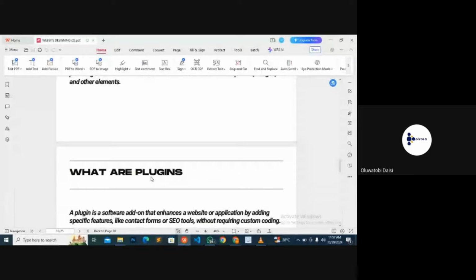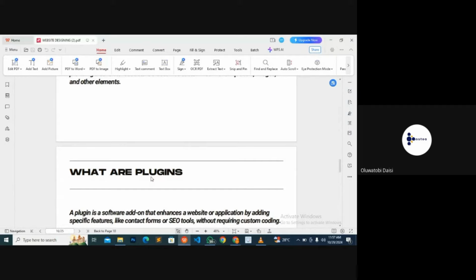We've spoken about having a space in the server. How do we buy our hosting? Immediately we get that done, we'll move further. I said WordPress is a company, a computer company that helps us to build our website, that helps us to build our house. How do we involve WordPress in this story? We'll look into that. How do we bring Elementor into place so that we can use it as our page builder? We will look into that. How do we get a theme for our website? We will look into that.